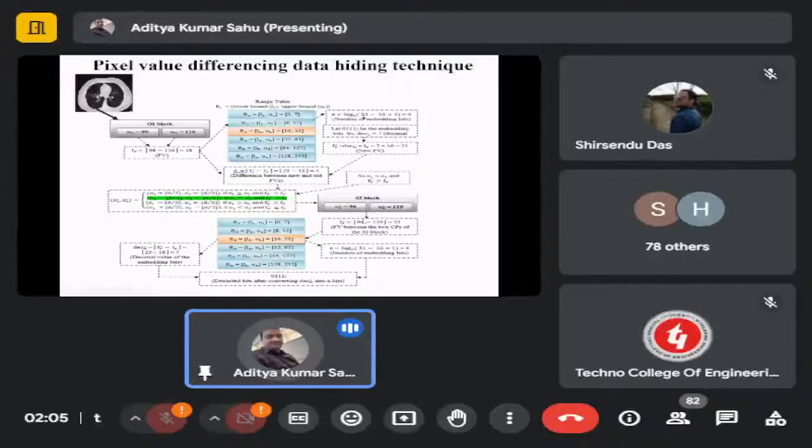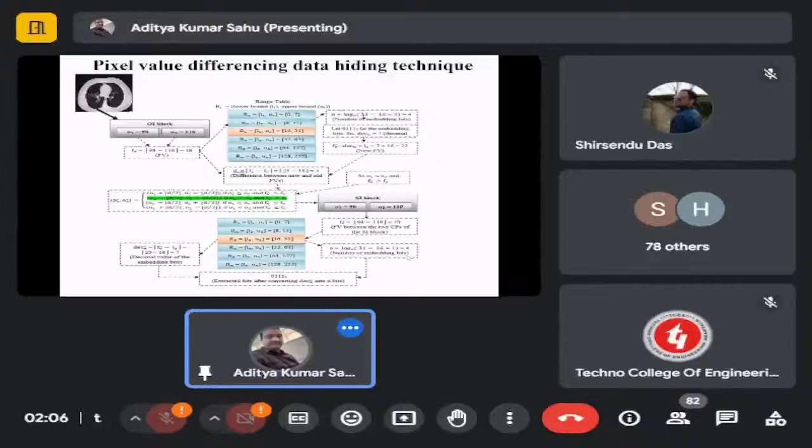Here, 96 minus 119 in absolute value is 23. This will again be scanned through the same range table. Now this is coming in the third range. We have to extract using the same equation, log 2 of 31 minus 16 plus 1. 31 is the upper bound, 16 is the lower bound, plus 1, and the total is 4. So we have to extract 4 bits.